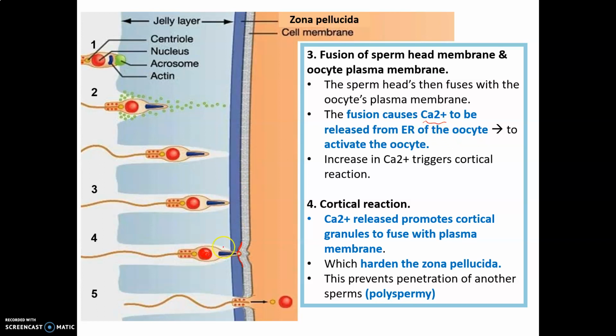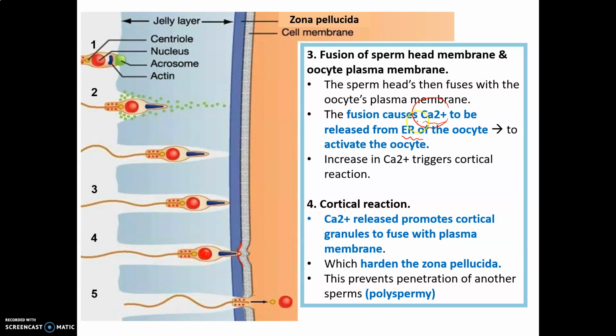Okay, sperm fuse saja, oocyte akan terus continue dia punya meiosis 2 and then the oocyte tadi dia akan become ovum lah basically. Fuse saja the oocyte akan become ovum and then meiosis 2 akan continue. But the thing is, in term of oocyte punya content, yang paling pentingnya adalah the fusion of the sperm and the head tadi dia akan cause the release of calcium daripada oocyte punya